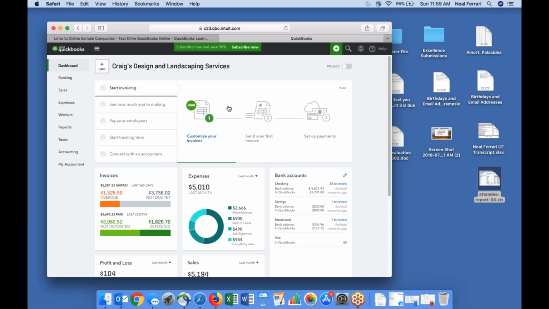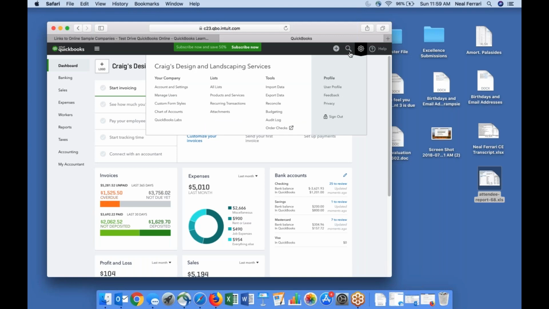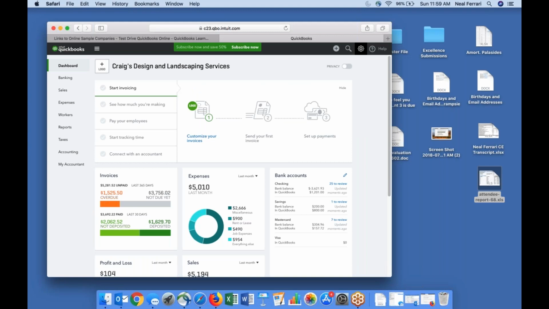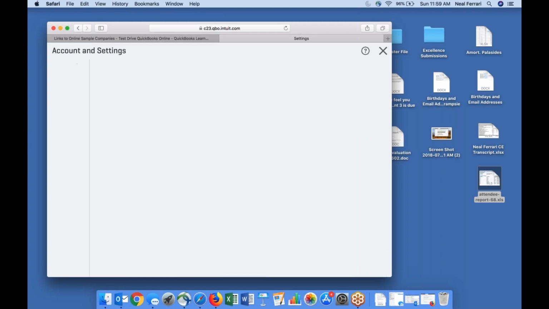This is a sample company. When you create your company to get your login, it's going to ask you for some information. You may not have all the information set up at that time, but you can certainly come in here, and if you'll notice, there's a plus button on the top right, and there's a gear. Okay, these are the two sets of menus. So if you click on the gear, you can see there's one that says Account and Settings. If you click on that,